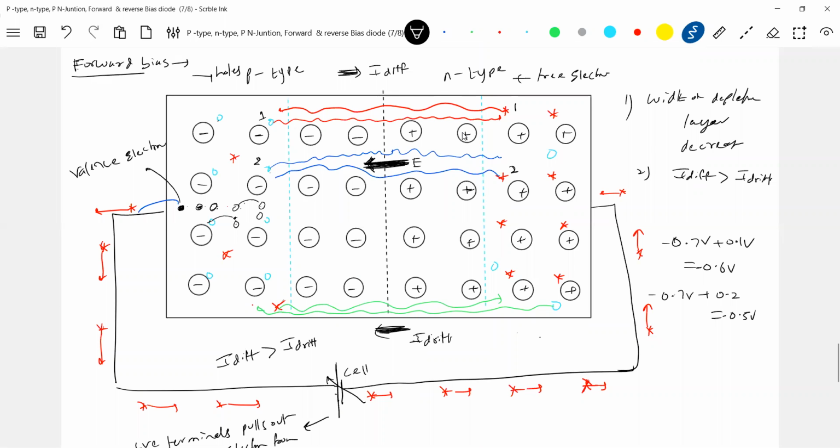You see that? Earlier, without bias, it was like this. Look at this one now. Why the minus sign? Because this opposes the majority carriers, I'm writing a negative sign. So for minus 0.7, you add plus 0.1, where this 0.1 is from the cell. As I keep on increasing the EMF, tell me what's happening to the net barrier potential? It keeps on decreasing. And at one instant, what happens? No barrier potential. Sir, then what about this? Can you write anything about this?